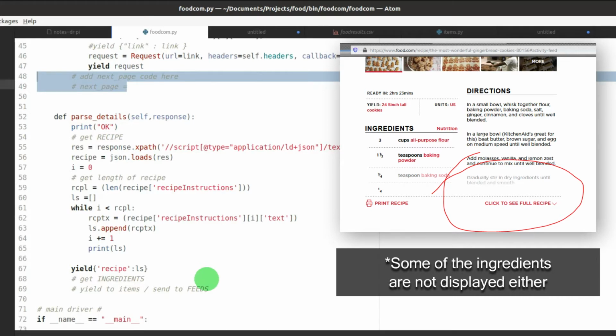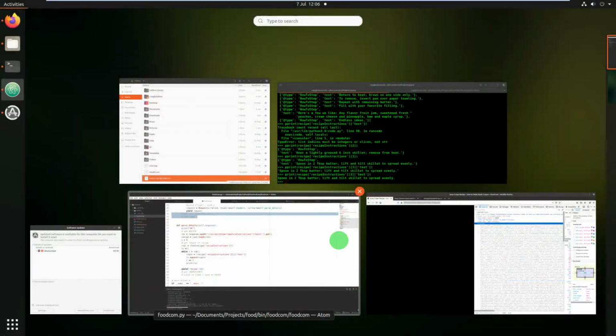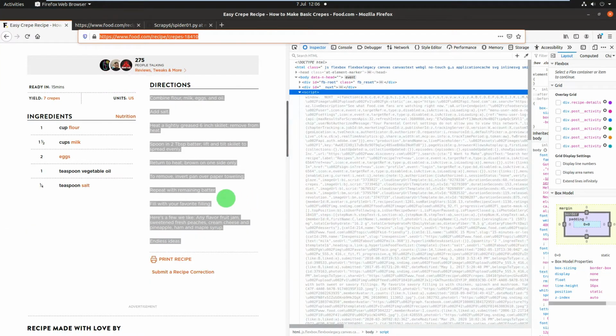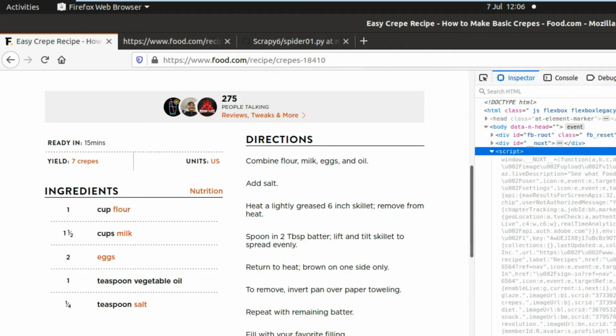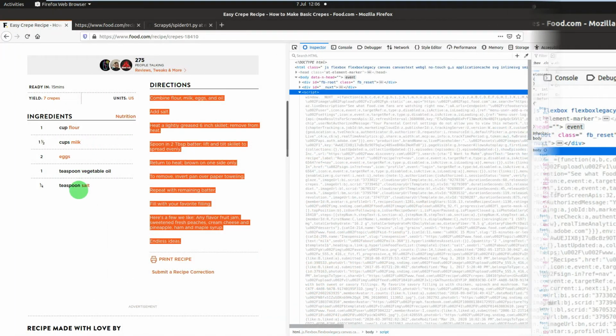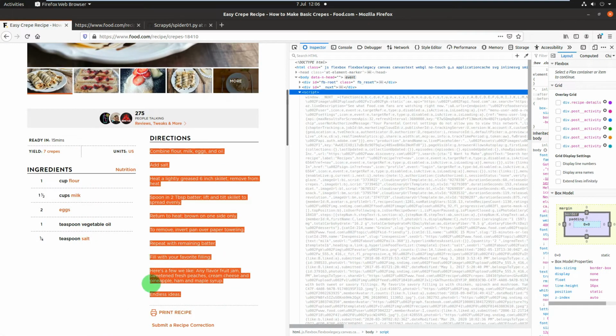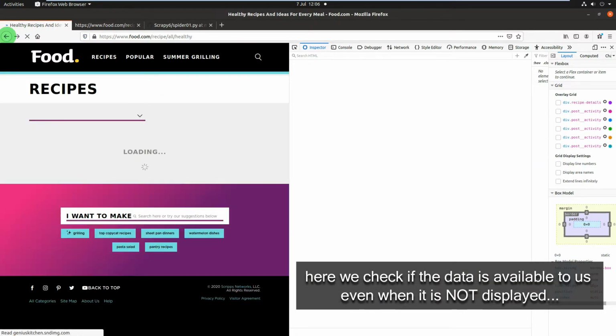If you're thinking what I'm thinking, it will probably be quite a similar process to what we've used so far to get the recipe, or the directions as they're called here. Now, here I've already clicked the button, if you remember, which expands ingredients. So let's go back to one that hasn't been